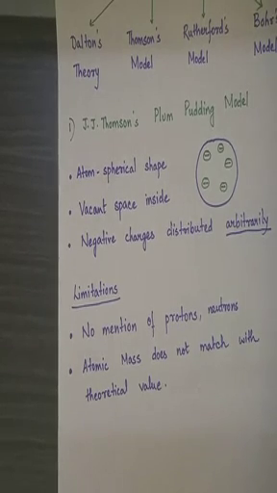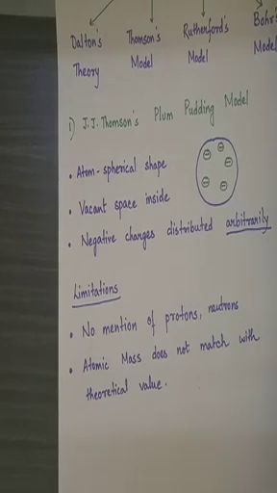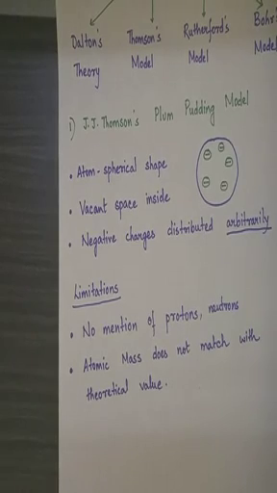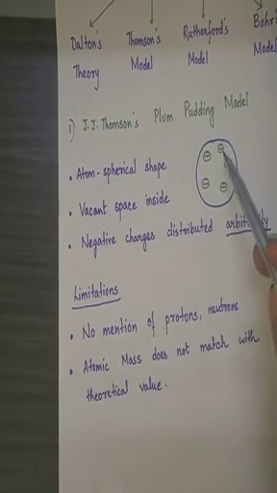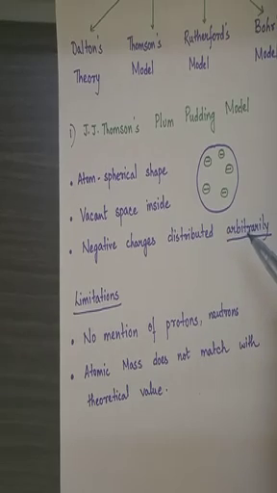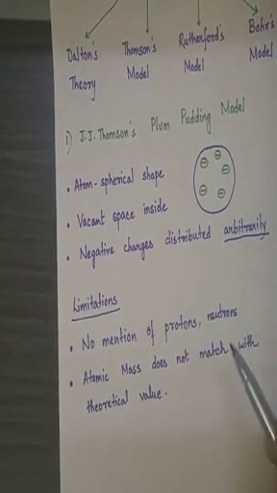The second and the most important limitation or disadvantage is that we finally saw that the atomic mass does not match with the theoretical value. What I mean is, if I take this particular structure as the final one, and find out the atomic mass, I'll just add up the masses of the electrons. But what the scientists saw is, the original mass of an atom is much more than only the mass of the electrons. Isn't it natural? It's simply because he did not consider the protons and neutrons.